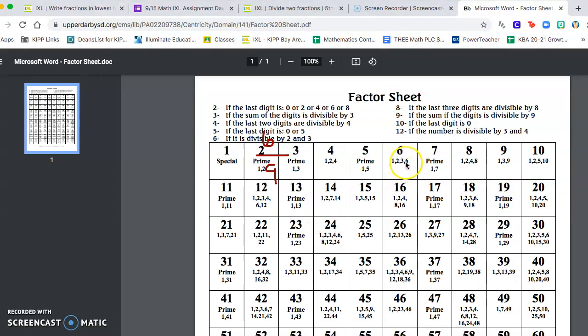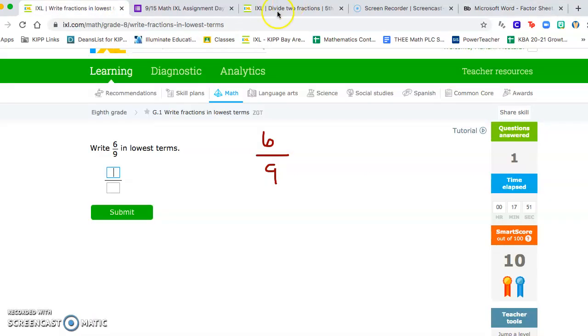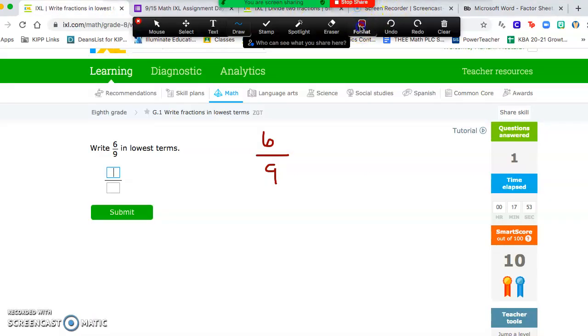Factors of 6 are 1, 2, 3, 6. Factors of 9 are 1, 3, and 9. So the greatest common factor between them is 3. Which means, once I find the greatest common factor, I divide. So we divide by 3